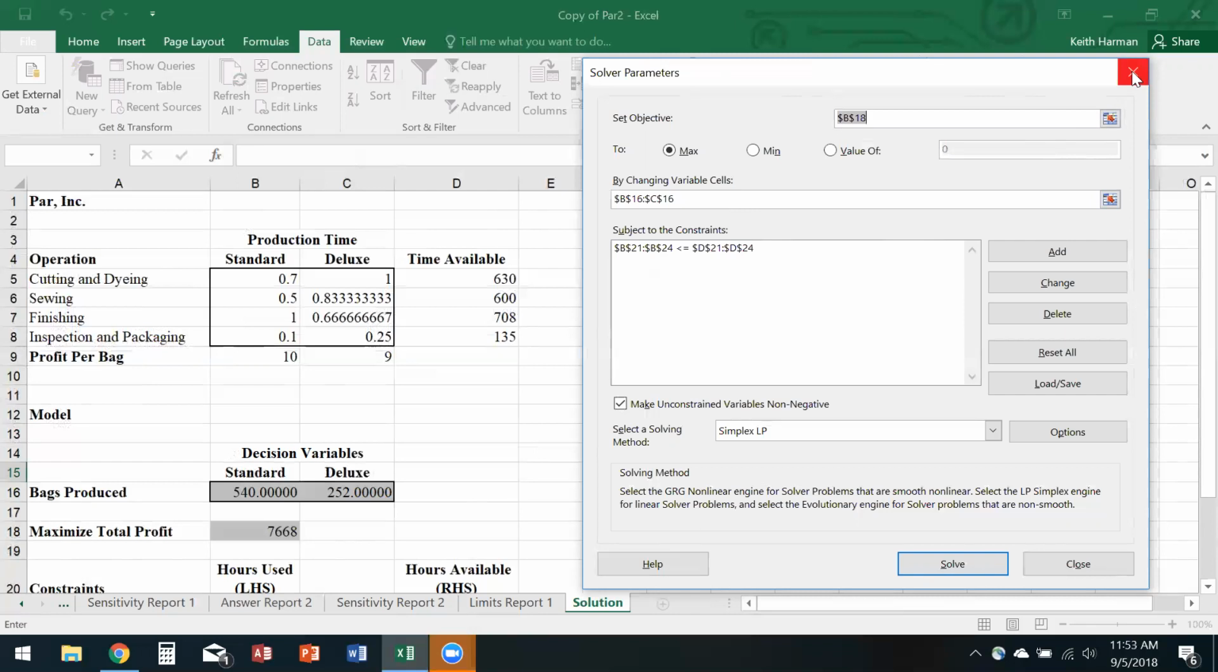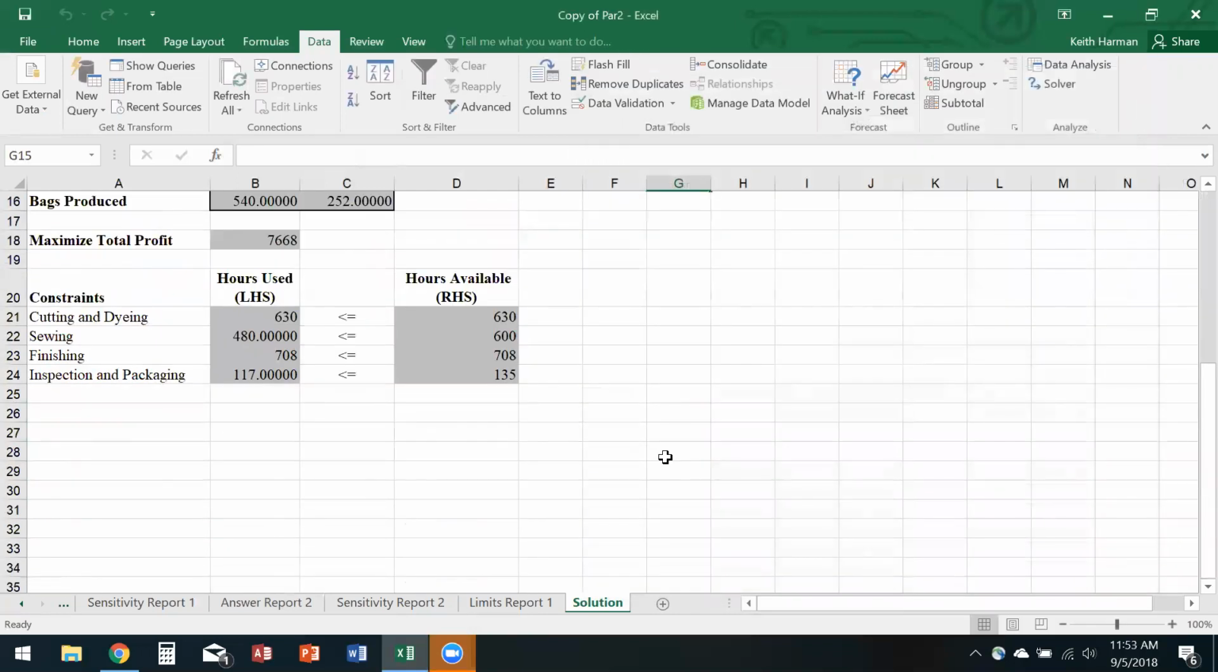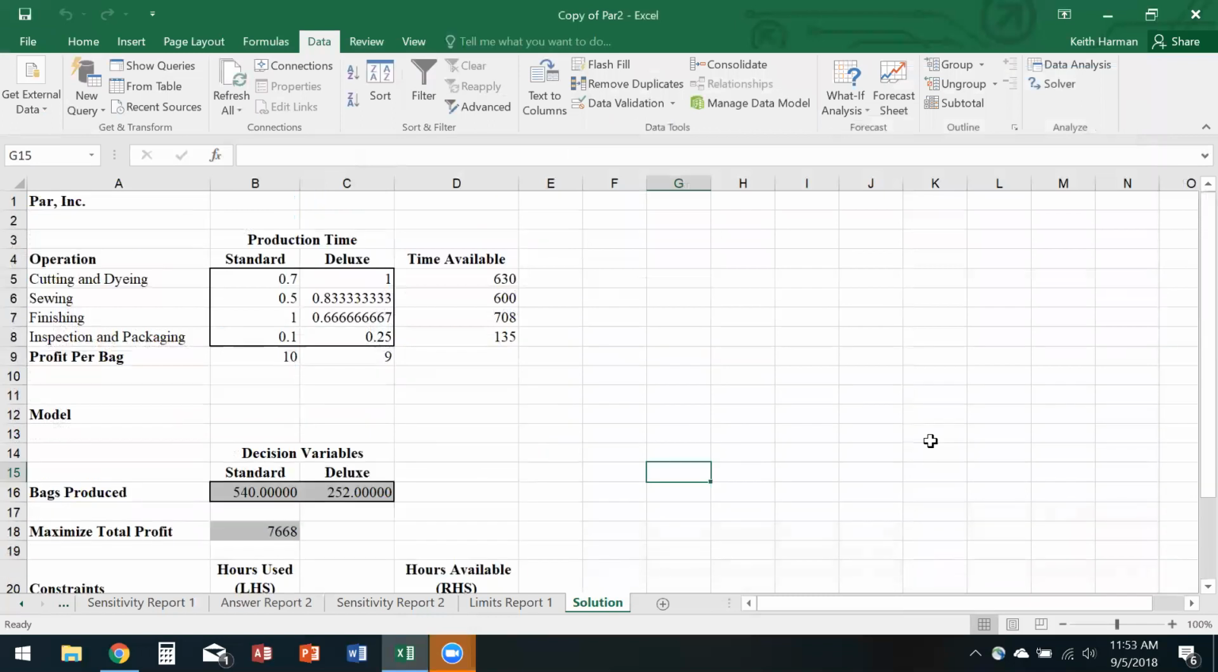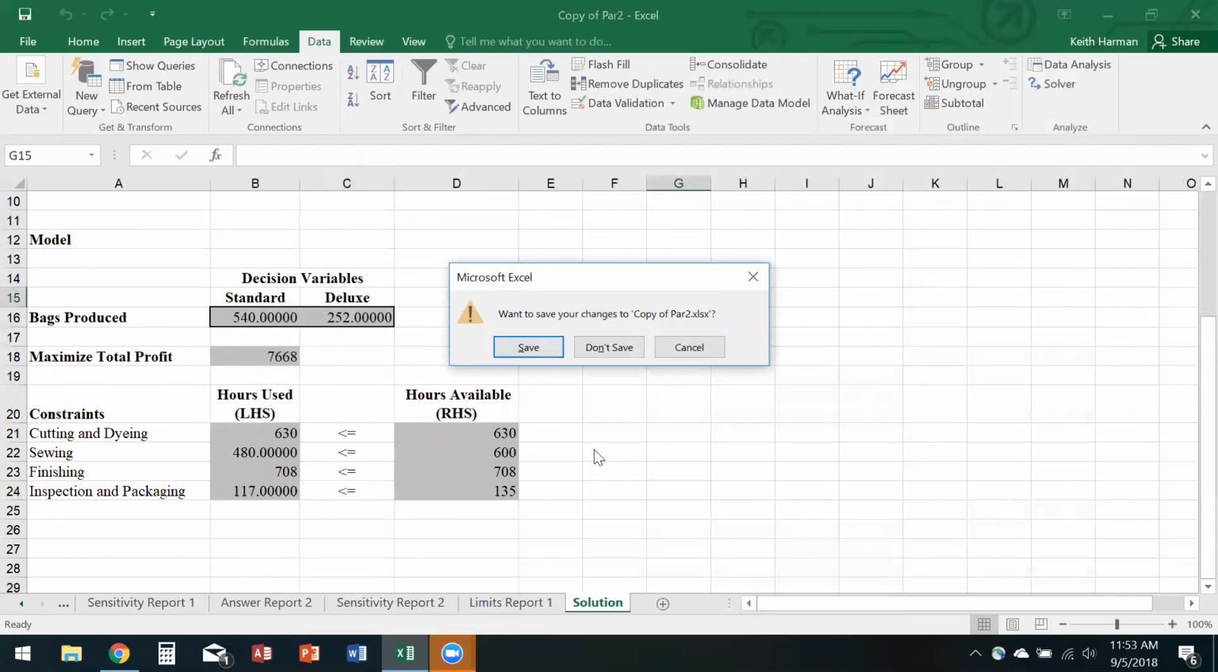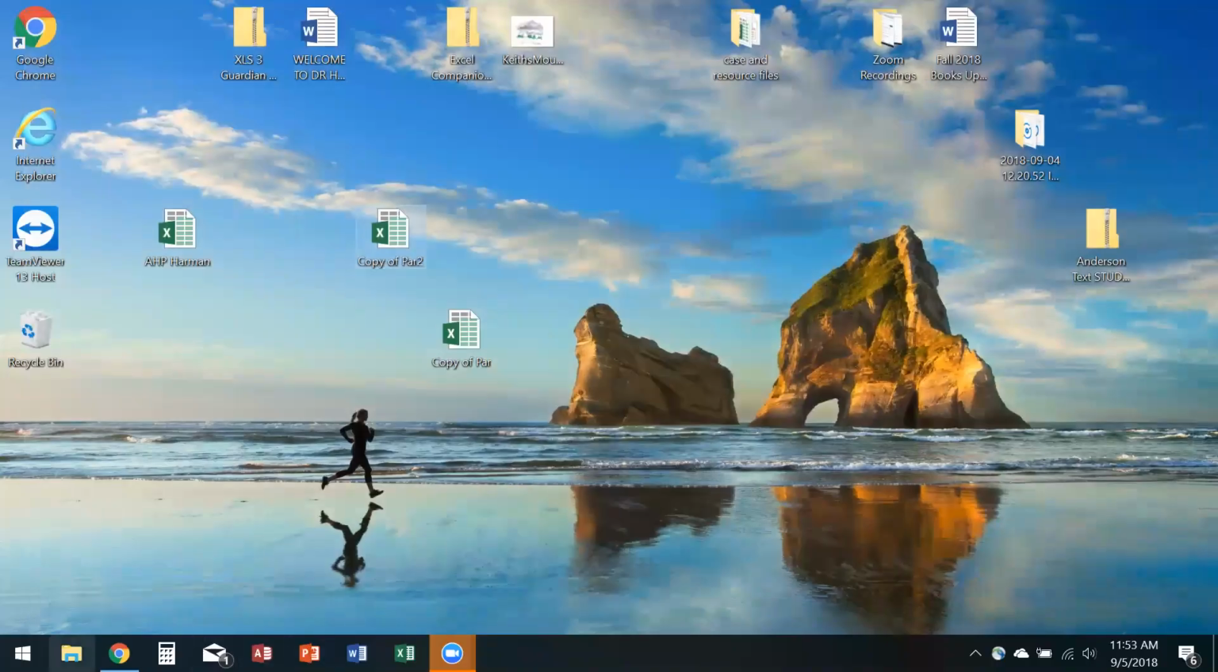I'm going to close this off for a minute and show you the constraints down here. This is the left-hand side, and this is the right-hand side. And here's the condition. We have to use less than or equal to these figures. Okay? And that's what we're talking about. So you have a Par Inc file and the Par Inc key. That's what you want to upload where it says upload Par Inc here. And I will save that, and I'm going to go back up